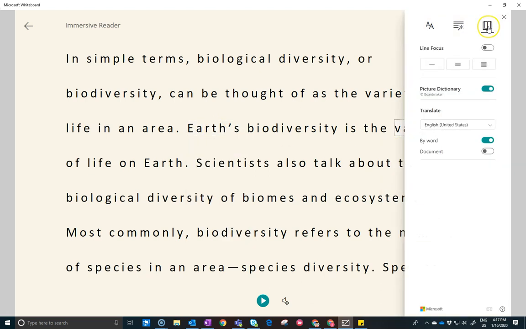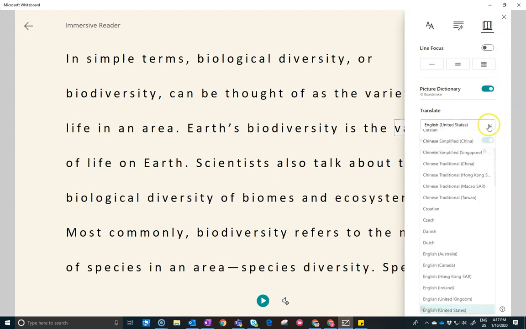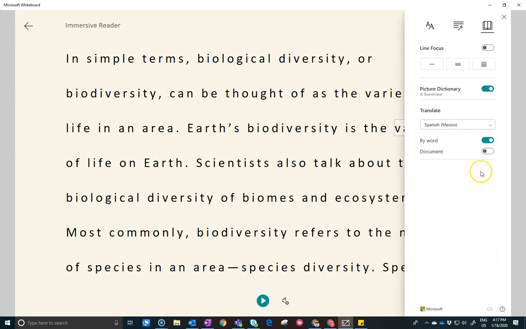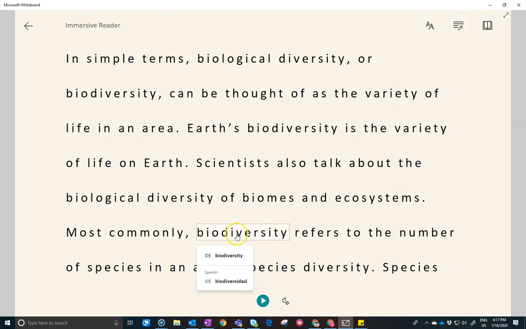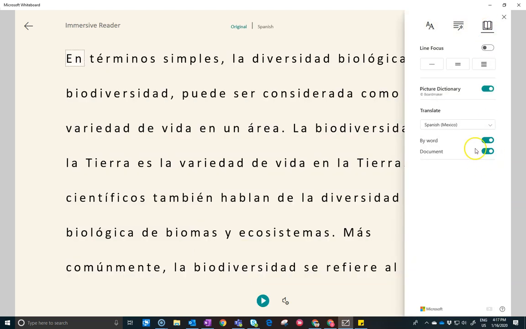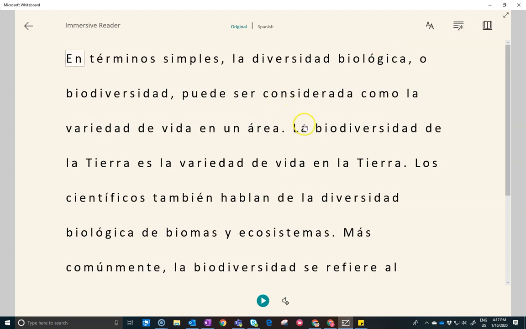So in the preferences, I wanted to share with you the translation feature. So here's English. Look at the number of languages that are available. I'm going to select Spanish. And notice I can do it simply by word, translate by word. It's like, ooh, what is this in Español? And I can hear the word pronounced. Biodiversity. Biodiversidad. Okay. Or I can go back in and translate the entire document to that second language and have